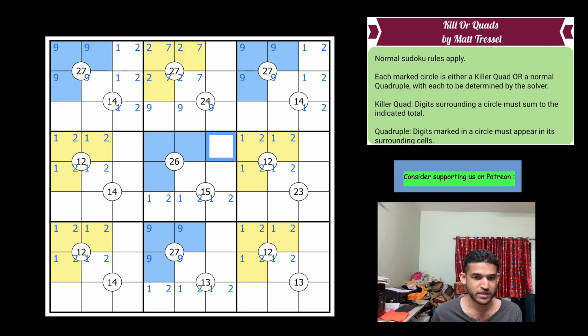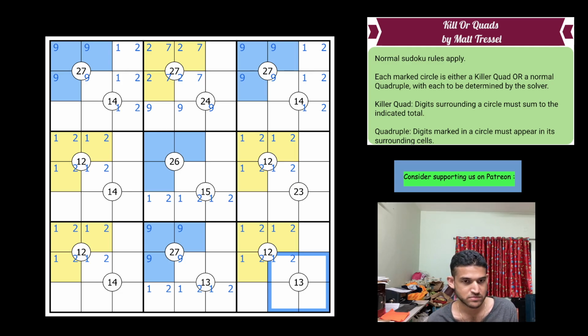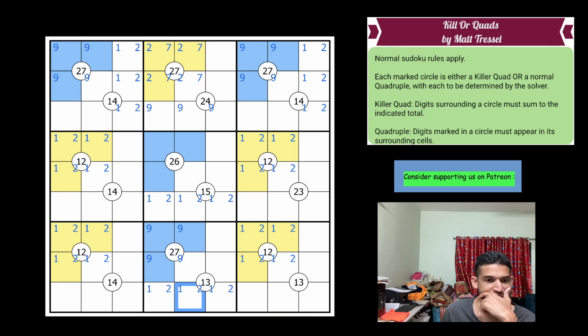So I'm thinking about these 13s for now. What can they be? It's too early to deduce maybe. 13 here. That's nice. A 13 clue, regardless of whether it is a quadruple or a killer quad, will always have a